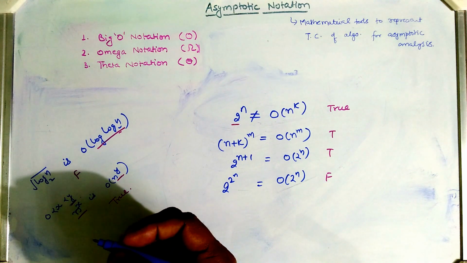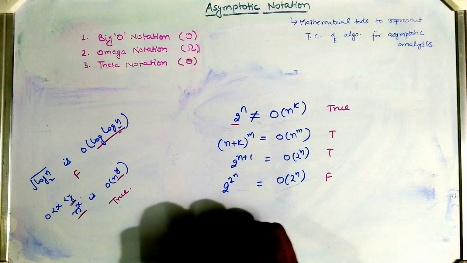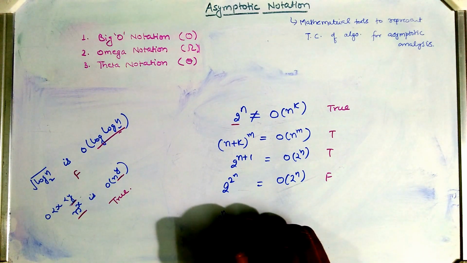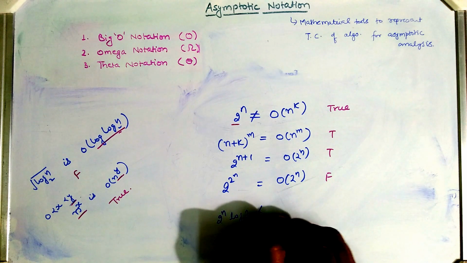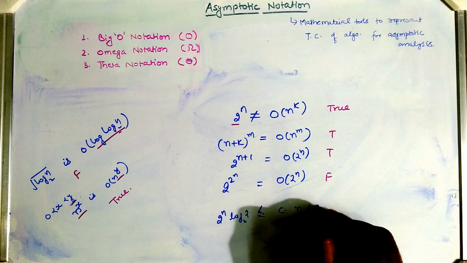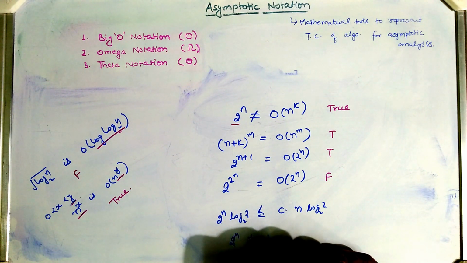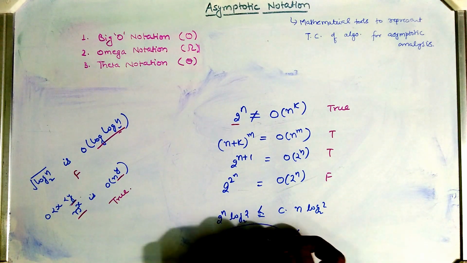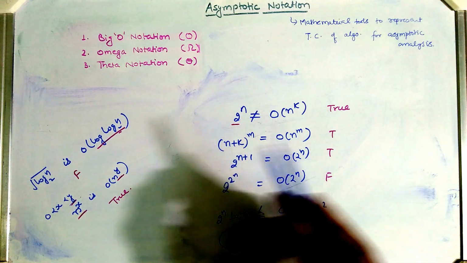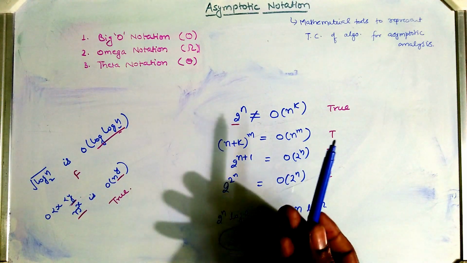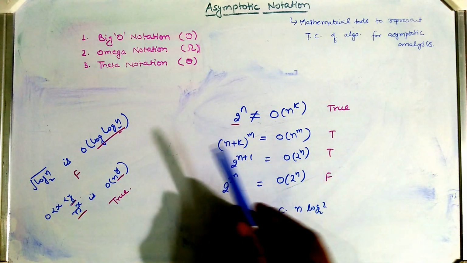You can try to solve it. Take a log. Then it would be 2n log 2 base 2 less than or equal to c times log n base 2, or you can say that 2 to the power n is less than or equal to n, so it can never be possible. That's why it is false. So by these mathematical derivations you can find out whether a given function f(n) or g(n) is order or omega of another function.